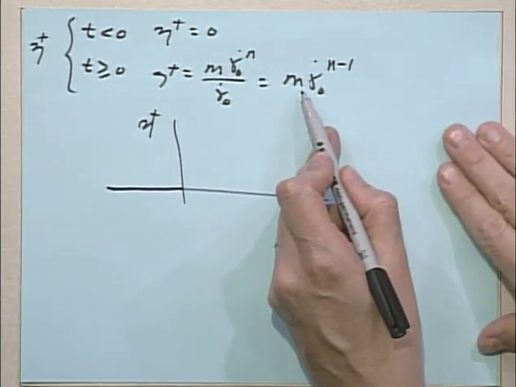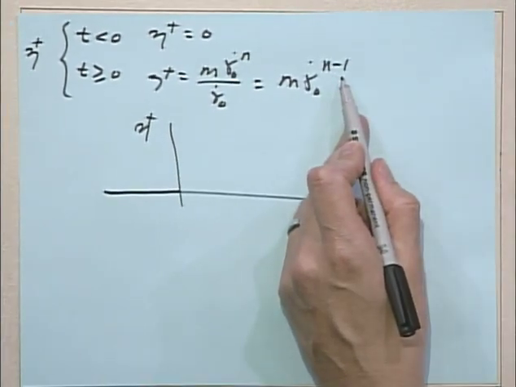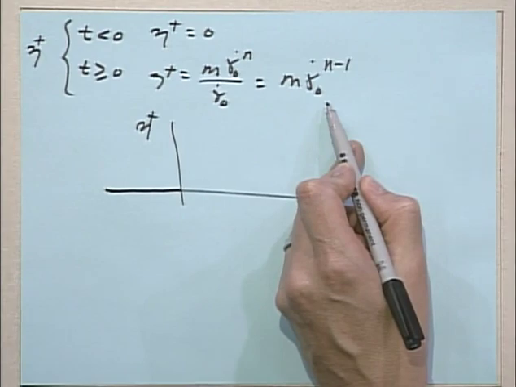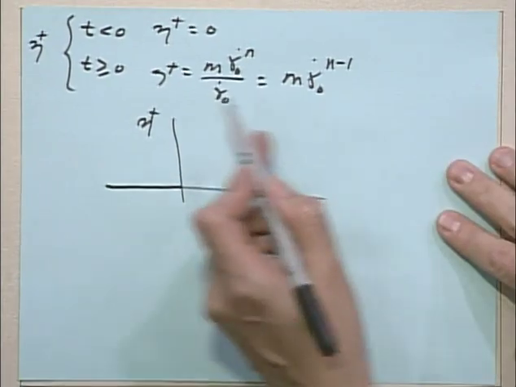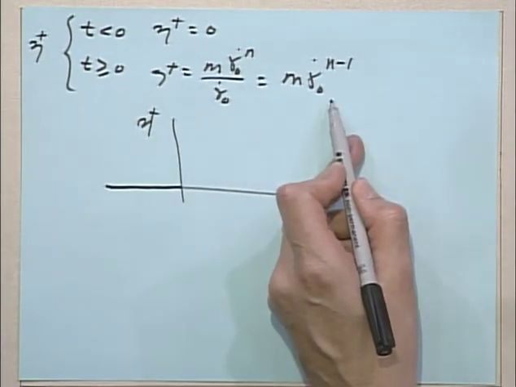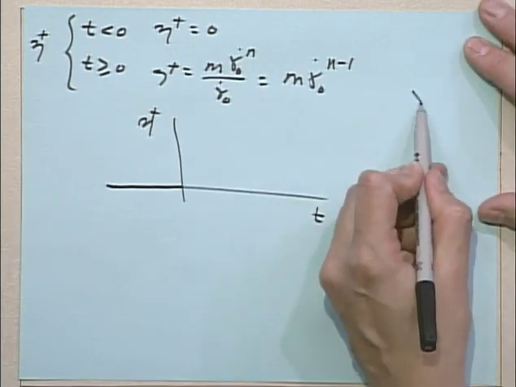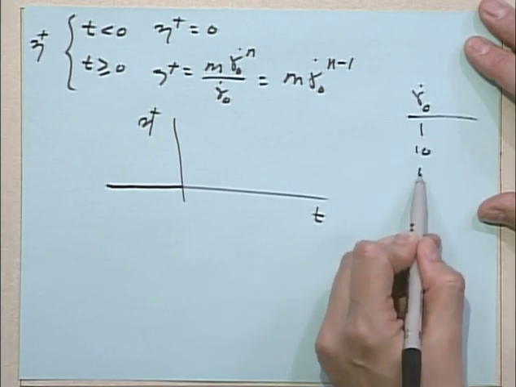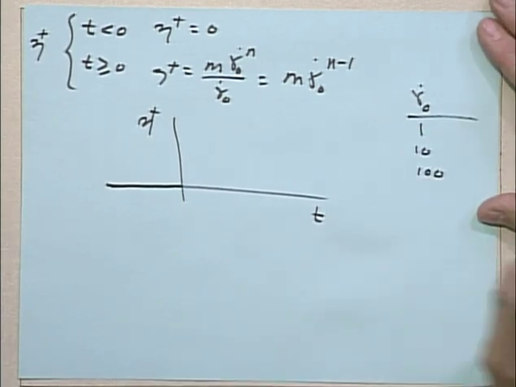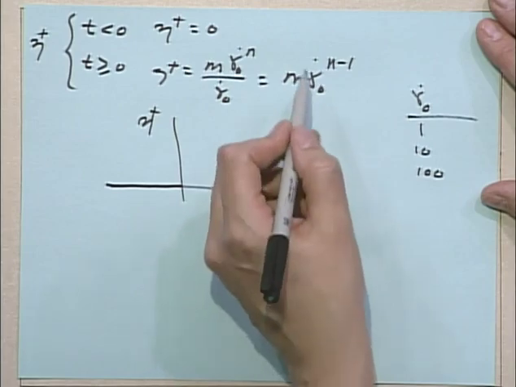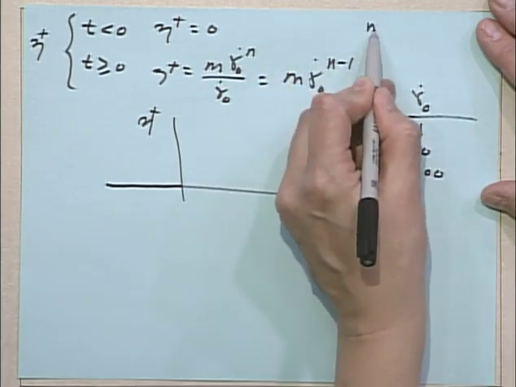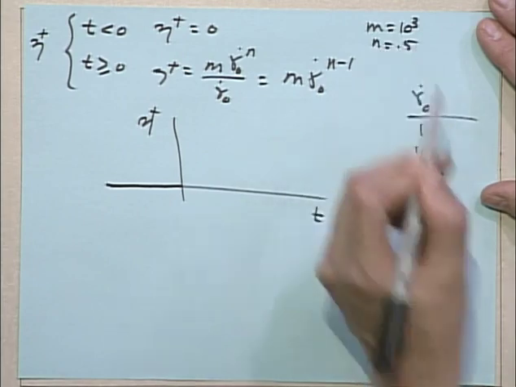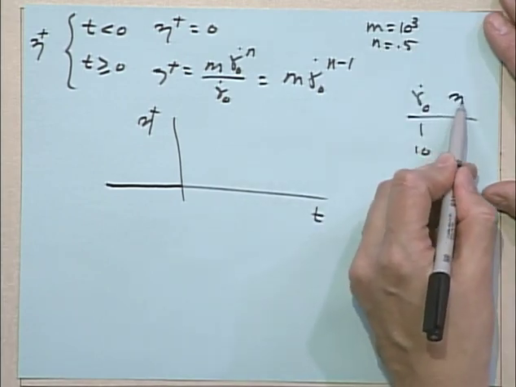You're going to know the model has m and n. Those are parameters. Somebody has to give you those. What's gamma dot? Well, the answer that you're getting for eta plus depends on what gamma dot you use. So you're going to pick different values of gamma dot naught. So you might pick 1, 10, and 100, something like that. And if I pick 1, 10, and 100, I can just pick some random m's. Let me pick m is equal to 10 to the third, and n is equal to a half. Then eta plus,